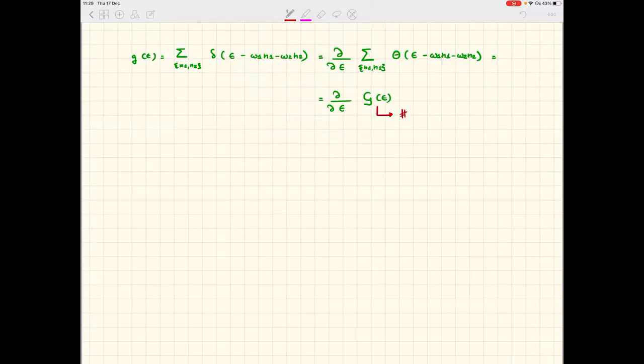This is the number of levels in my system with energy smaller than epsilon. Okay? This is what it is. Now, even though this is discrete, if epsilon is much larger than omega 1 and omega 2, then you can estimate the G of epsilon